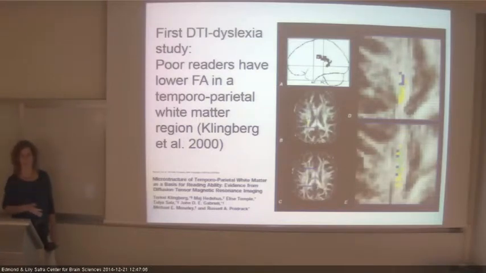Okay, so we're talking about something very similar to standard voxel-based morphometry. You register all the brains to the same template, and then on the FA maps, you go voxel by voxel, and you ask, is there a significant difference between the dyslexics and the good readers? And you do that for every single voxel, and then you have, let's say, a t-map for the entire brain. And using that simple method, Klingberg was able to find voxels that you can see here in